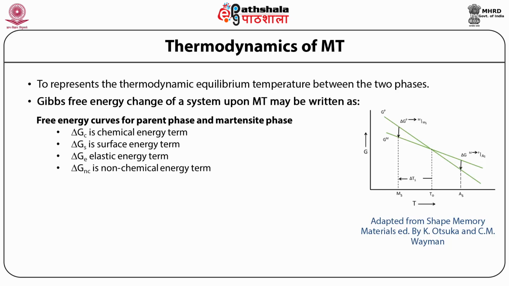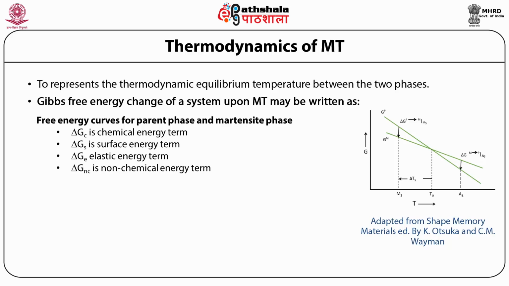All these terms are summed together to give the total Gibbs free energy of a system when the Martensitic transformation